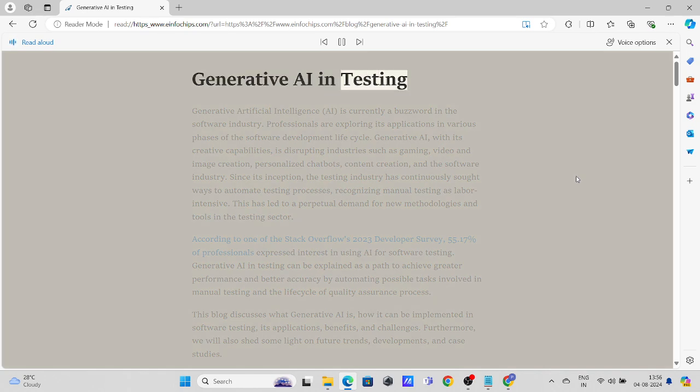Generative AI in testing. Generative artificial intelligence, AI, is currently a buzzword in the software industry. Professionals are exploring its applications in various phases of the software development lifecycle. Generative AI, with its creative capabilities, is disrupting industries such as gaming, video and image creation, personalized chatbots, content creation,